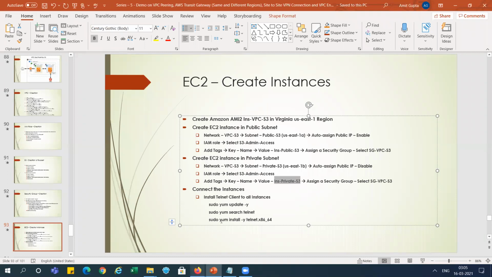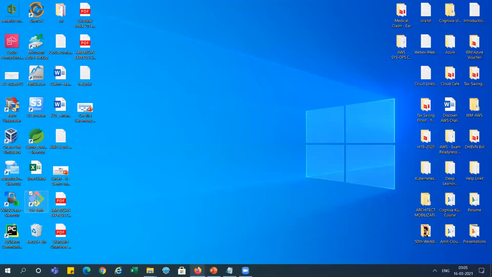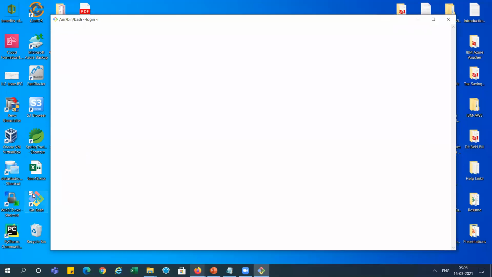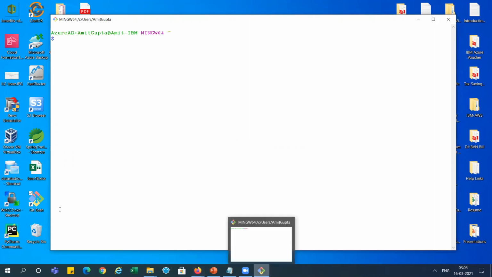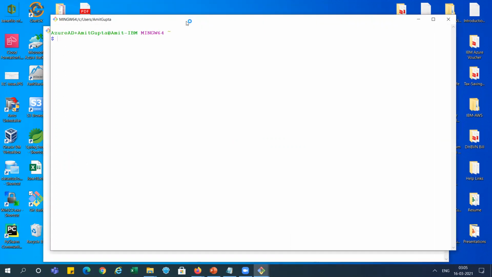Now we need to connect to the instance and run this telnet command, right? And also we need to set the hostname. So I'm opening Git Bash. Opening one more instance, right? So I am going to cd to the download folder.